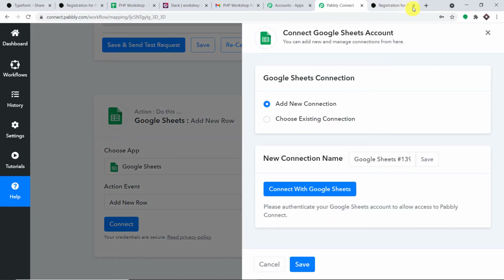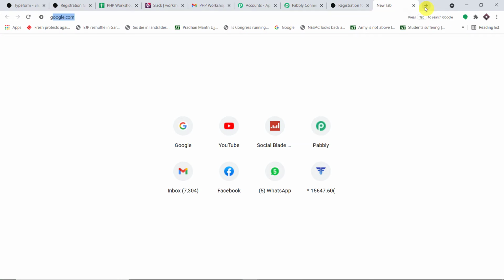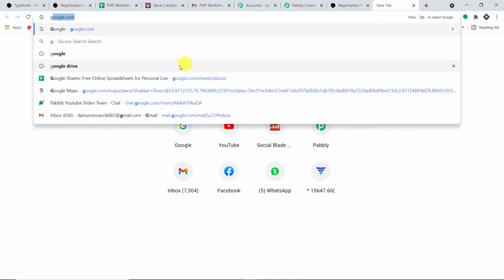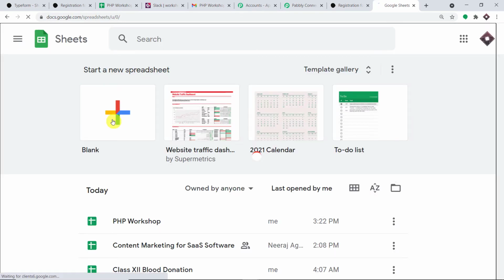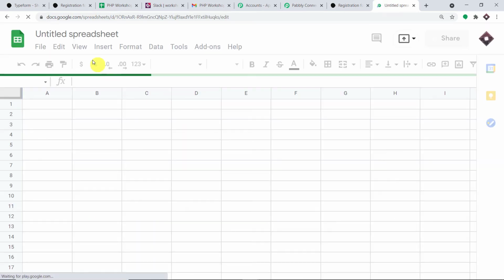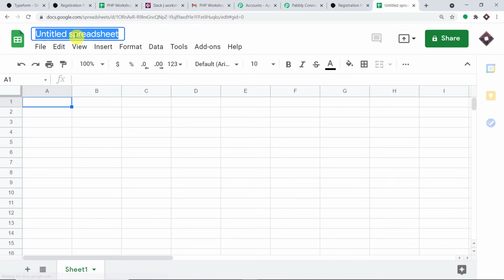Now, before we click on connect, there is something I have to do. So what I'm going to do here is create a new Google Sheet for this particular database. Okay, so let me just click on blank. Okay, so the name of the sheet I'm going with is PHP new registration. And let me just add some fields.